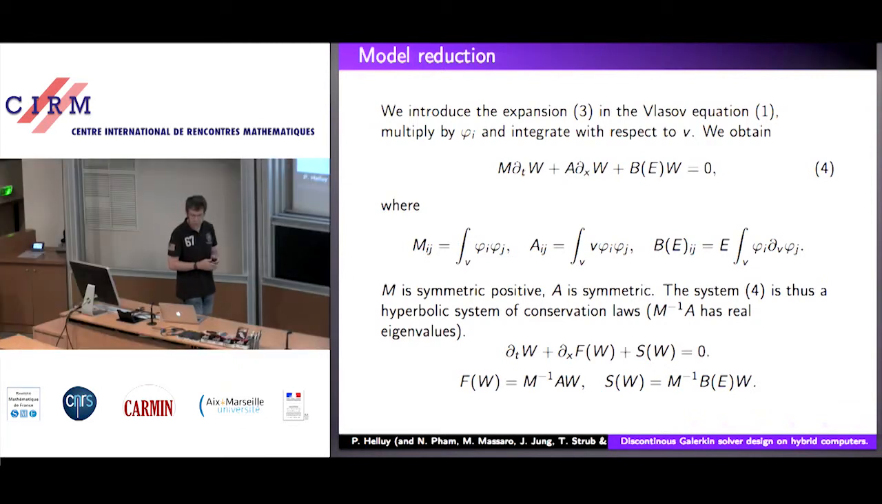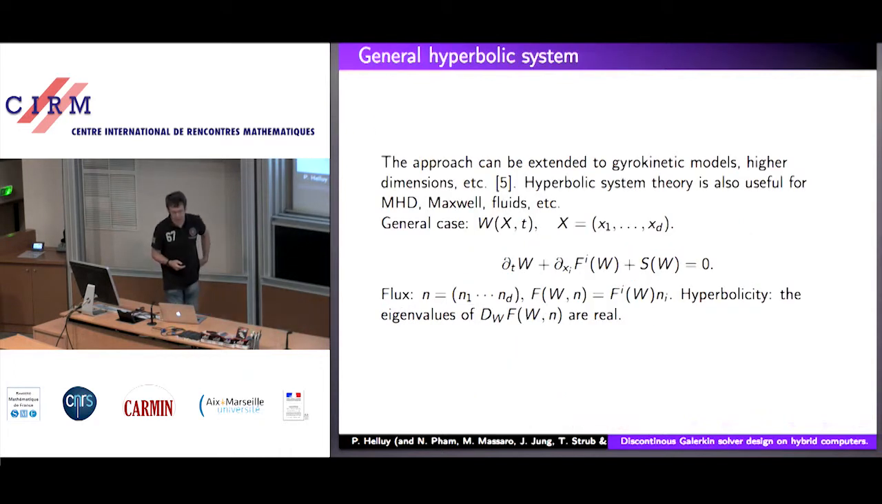So you see that it is possible to take the Vlasov equation and transform it very simply into a hyperbolic system of conservation laws. And I have to say that this approach can be extended to more complex transport models, such as gyrokinetic models. You can also do it in higher dimensions, and so on. And of course, hyperbolic system theory is also very useful in many other areas of physics. For instance, the MHD equations, Maxwell equations, and fluid equations can be put